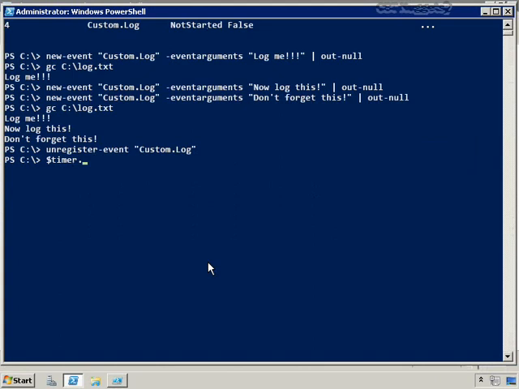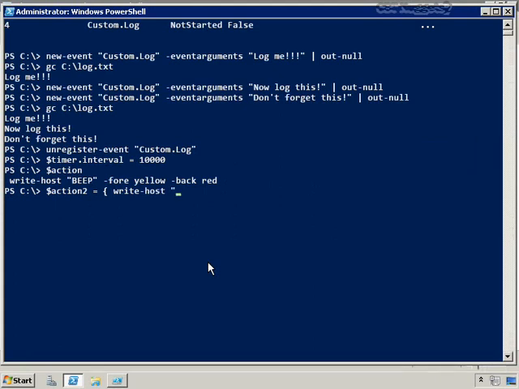Let's set the timer's interval to 10 seconds, just to give me a little bit more time to type. You'll see where I'm going with this in just a second. And I think we still have this action variable. Yep, we still do. So let's create another one called action2 and set that equal to